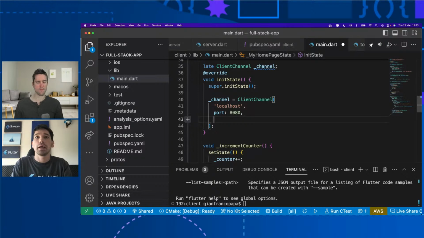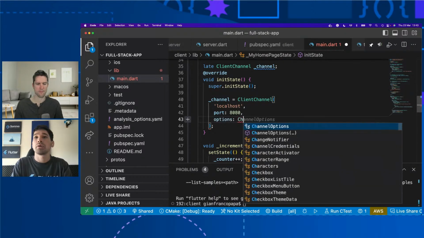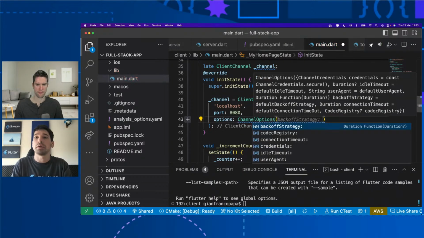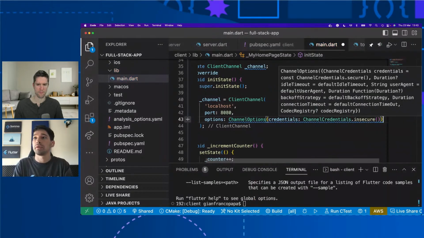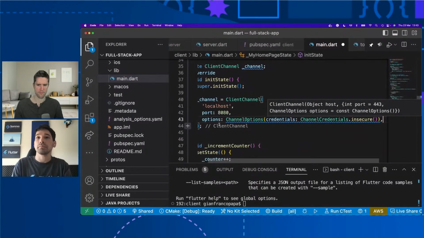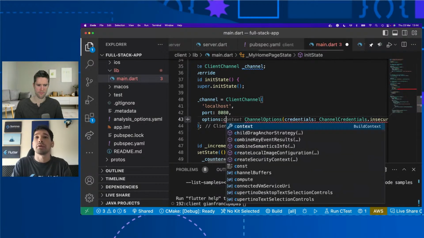And we also have to pass, in the client channel, the channel options. For this, we are going to go for the insecure channel options, but this will depend on if you want to provide some SSL certificates, but we are going to go with the classes. And let's put everything on const. Okay.